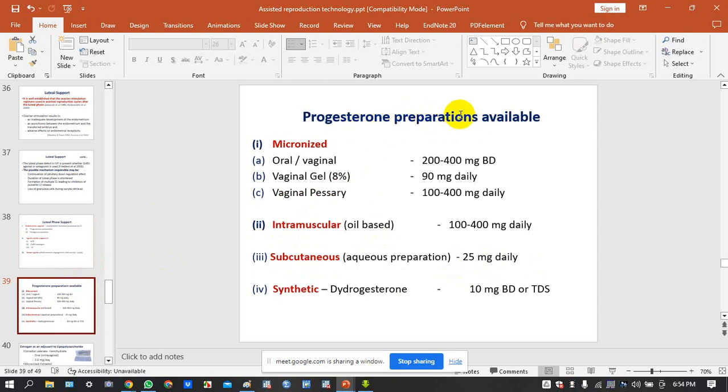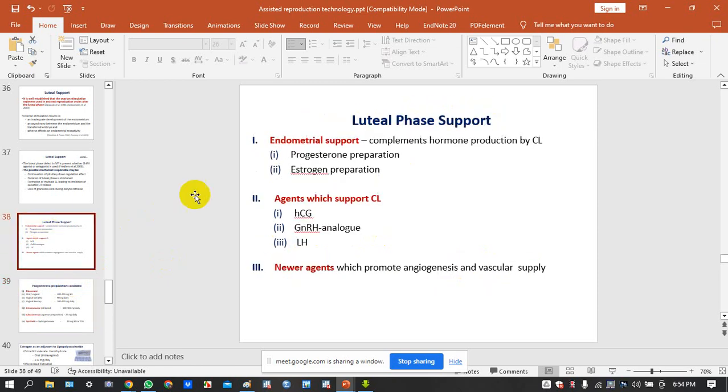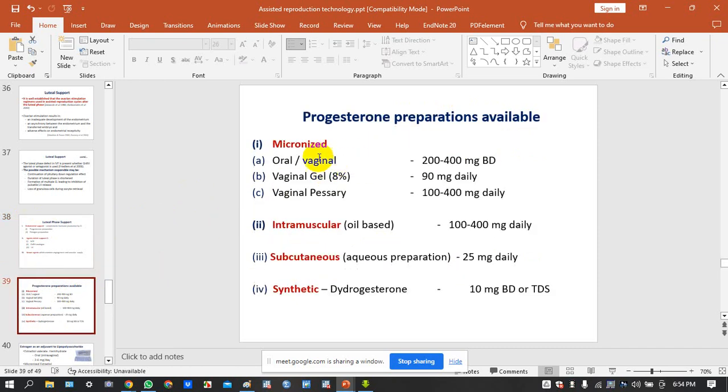So progesterone preparations are available because, like I said, in IVF and ICSI, because of ovarian stimulation, the corpus luteum is not able to produce enough progesterone and estrogen. We need to buy progesterone and estrogen from the market. So we have to use the micronized oral or vaginal pessary. A pessary is any drug or tablet or solid oral dosage form that we put in the vagina. It's a medicine like a capsule or tablet you put in the vagina, it will melt and go and solve problems